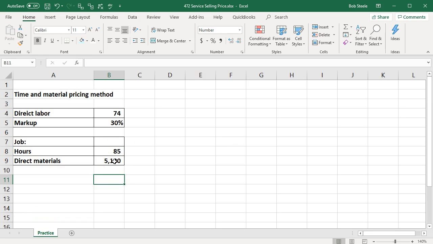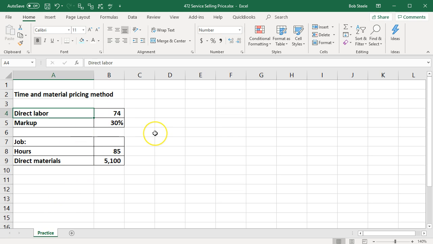In this presentation, we will work a problem related to setting the sales price for a service type company, a service type of job. We're going to have our information up top. We're going to put that information into a table down below. We do recommend setting up your information in Excel worksheets where you have the information up top, whether you have the text and then the numbers in a separate cell so that you can use them to reference within